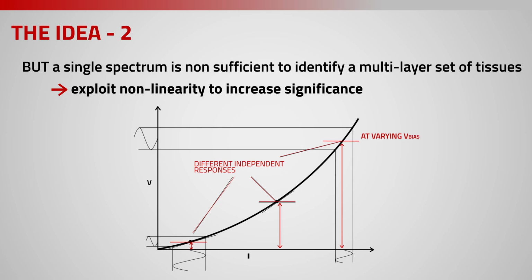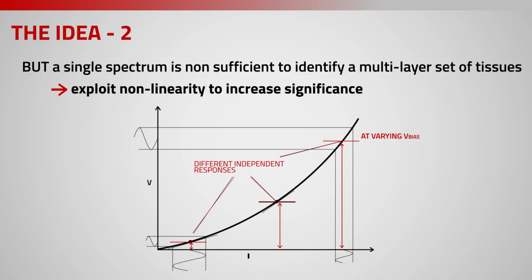In the diagram of voltage versus current, we exploit different positions, different working points, to achieve different independent responses by varying the bias of the voltage applied during the measurement. So we can see that by varying the V bias, the bias voltage, and then varying the working point, we exploit the nonlinearity,